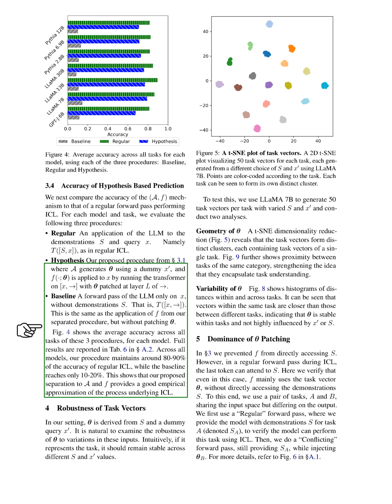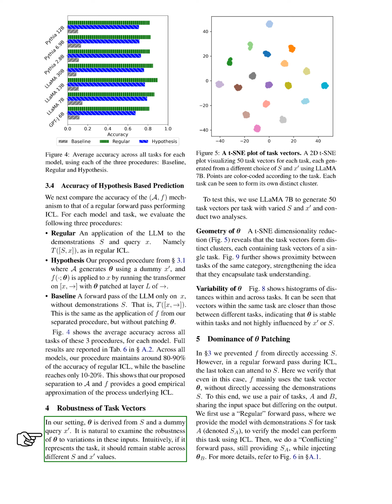We found that our procedure maintains around 80 to 90% of the accuracy of the regular procedure, while the baseline procedure only reaches 10 to 20%. This suggests that our proposed separation of A and F is a good approximation of the process underlying the regular procedure. We also looked at the robustness of the parameter vector,